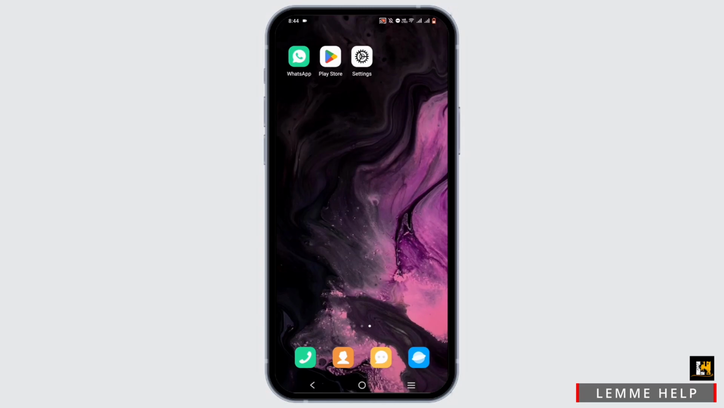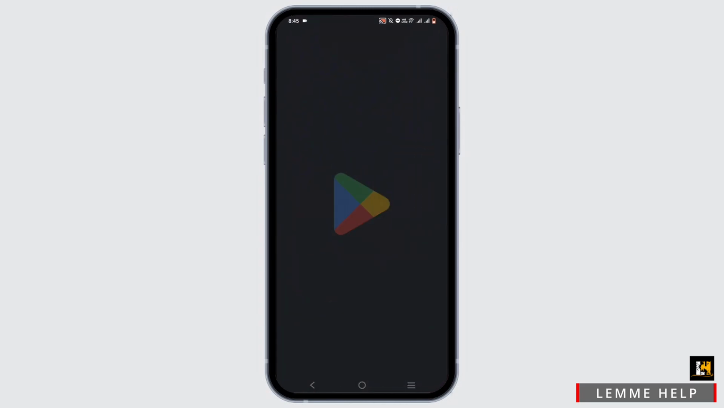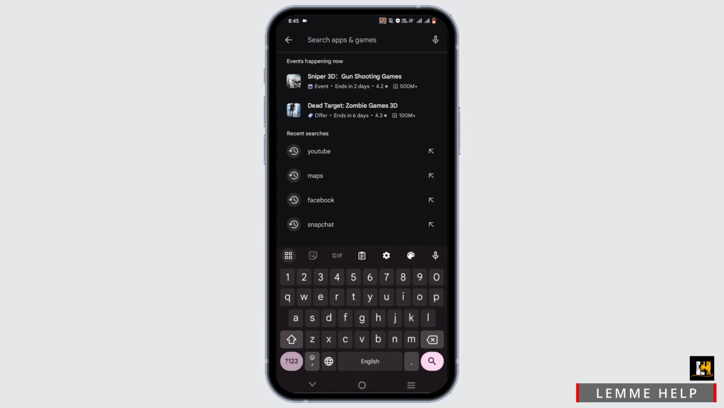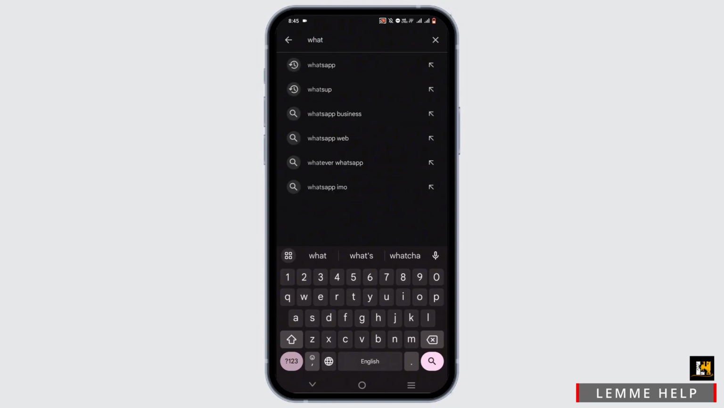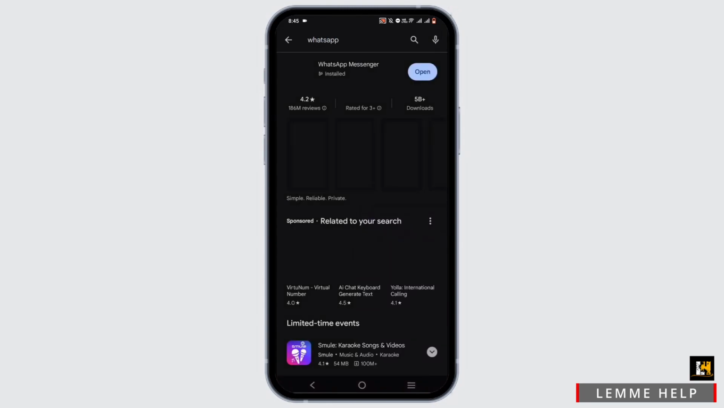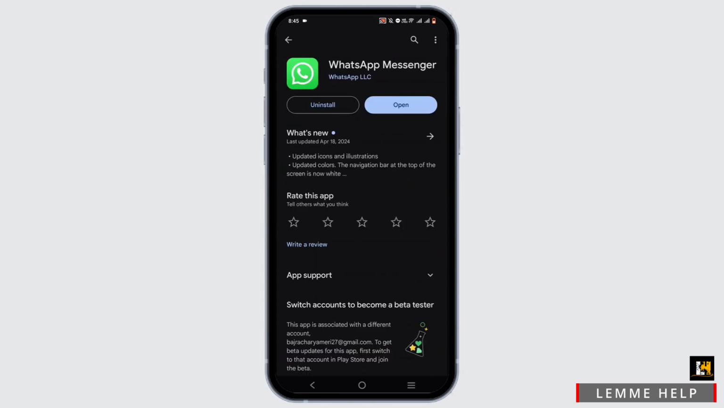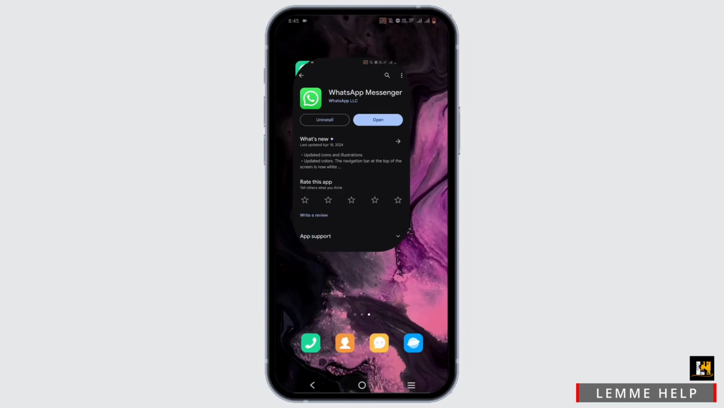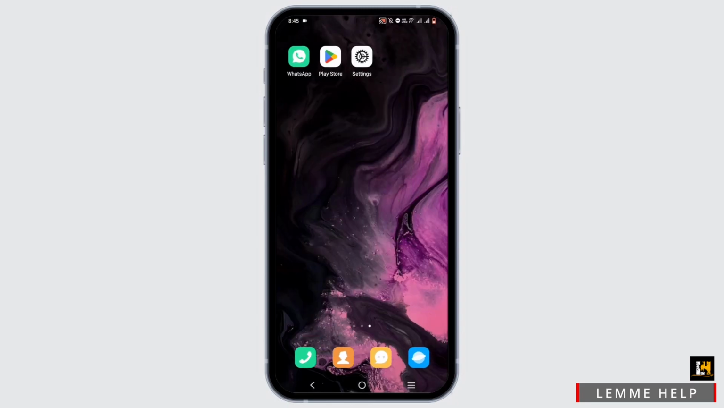Now, while you are in your phone setting, you can also check out your system update. Now, last step is to open up your Play Store and search for your WhatsApp. In here, check for any available update for your WhatsApp application. Leave for an update if there is any